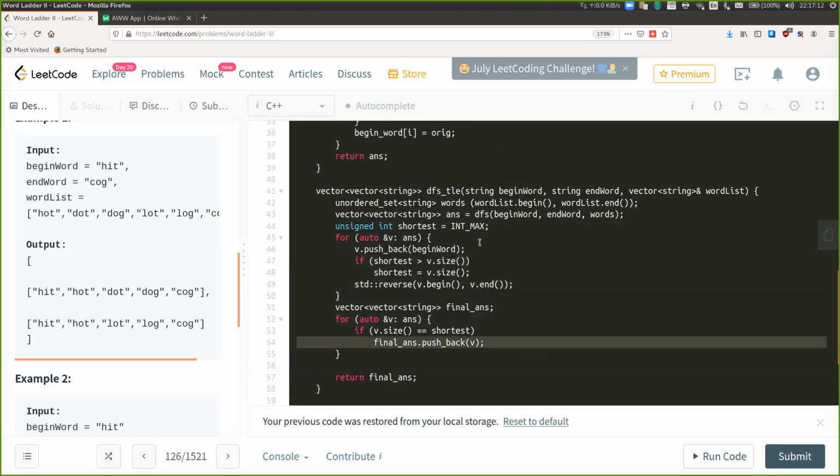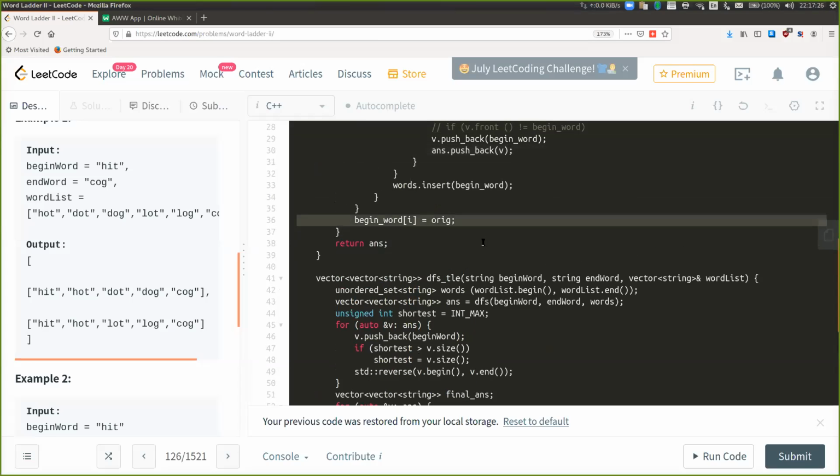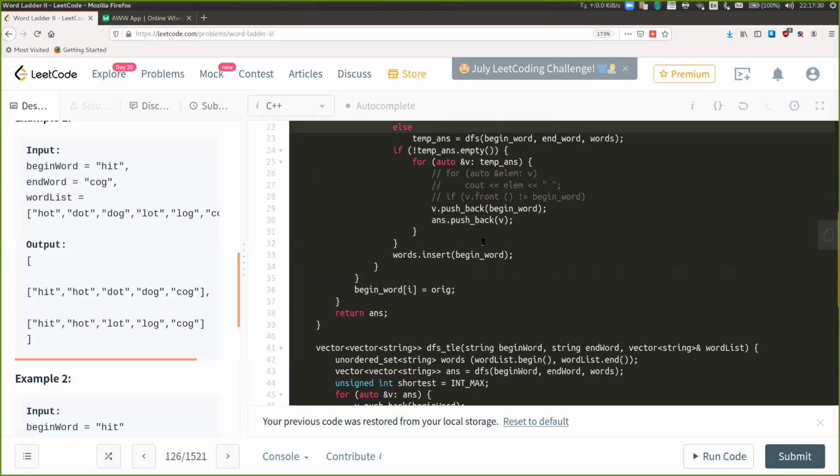So we just push here, line number 46, which is the main function. I thought you were not changing back the original word, but you are doing it, right? Yeah, line number 36, it's being modified back again to the original word. Yeah, that's it.